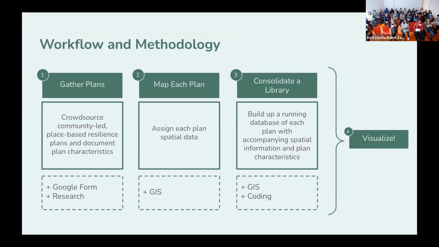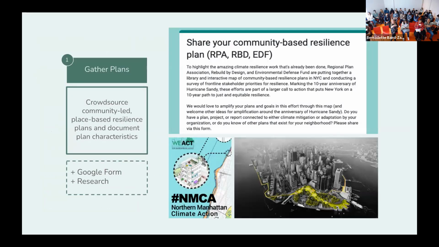So I'm going to take you through all 3 of these sections, and go through the details of each one. Hopefully by the end, you'll see that this really was a mixed methods approach where we combined qualitative and quantitative information, qualitative coming from the plans, reading through each one, and then trying to enumerate each plan and make it a spatial data set that we can use for future analysis. Okay, so the first step was gathering these plans. Much of this process was crowdsourcing, casting our nets far and wide, and speaking to folks within our networks who we knew were doing really great climate resilience work on the ground.